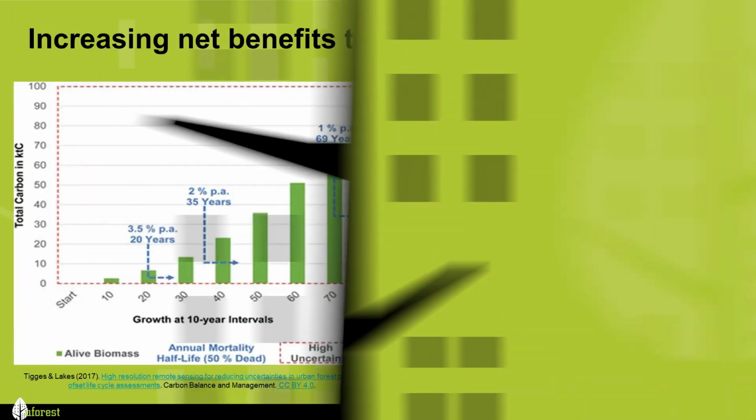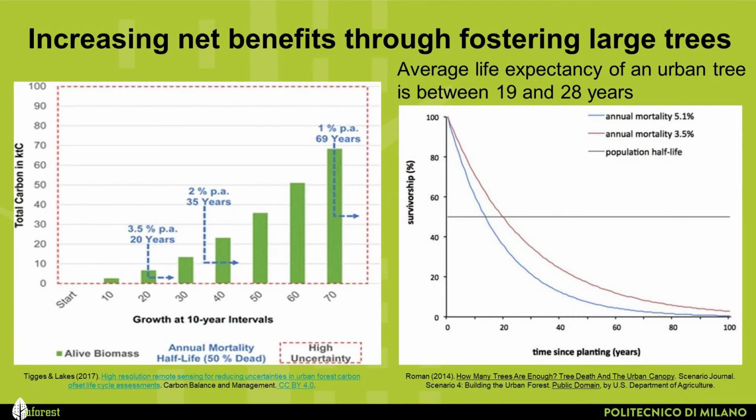Finally, I want to stress the need to give urban trees the space and time to grow old. The older and larger a tree gets, the higher the amount of benefits it generates. And additionally, the yearly average cost of a tree is decreasing. So the bigger an urban tree gets, the higher the benefit cost ratio gets. Unfortunately, we see from literature that the average life expectancy of an urban tree is limited to 19 to 20 years. At that time, the tree isn't fully delivering its benefits and may not even have compensated the carbon which was needed to create the tree, to plant the tree, and for the initial management of the tree.